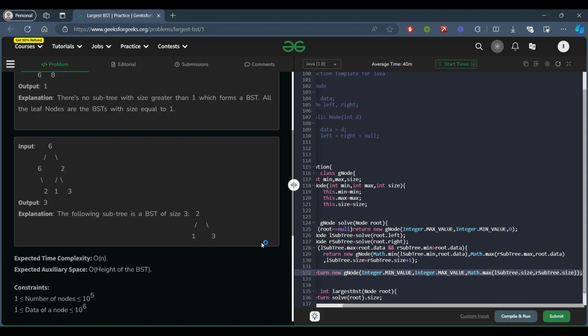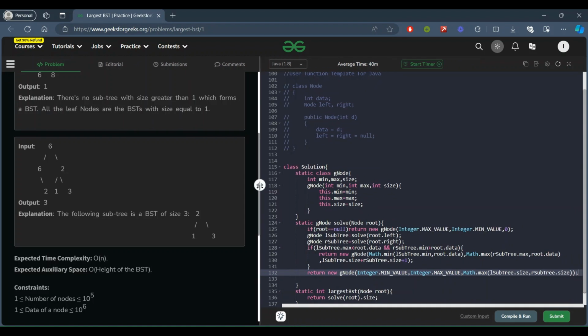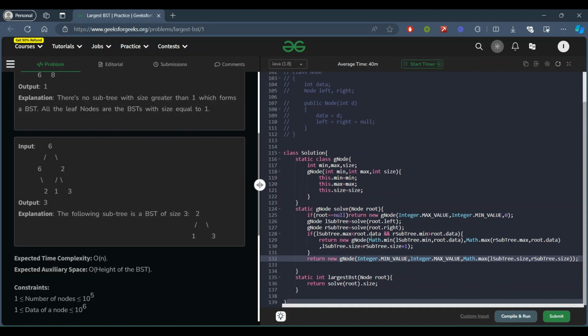Okay. So now let's understand this thing. Why are we doing math dot min, right? When we get a null, it returns max value in place of min, and min value in place of max.